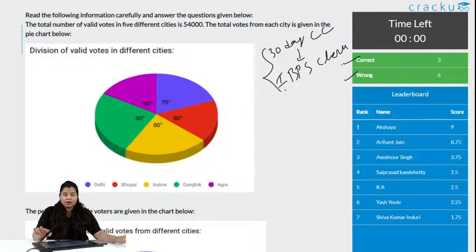With this, we also provide all the sectional tests for quants, reasoning and all the previous year paper, and make sure exam is nearing, you practice a lot, and even make sure you are completing all the previous year paper, and even you are doing mock test daily. Analyze the mock test. Once you do the mock test, analyze